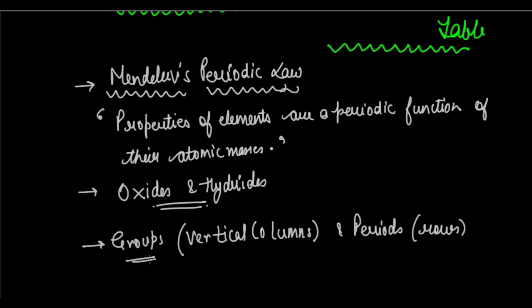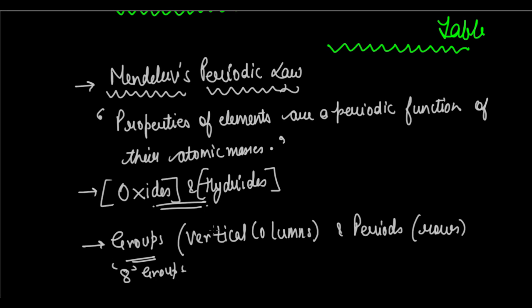Each group had its own unique formula for oxide and hydride. Okay, each group, that is each column, had its own particular formula for an oxide or a hydride, and there were total 8 groups,